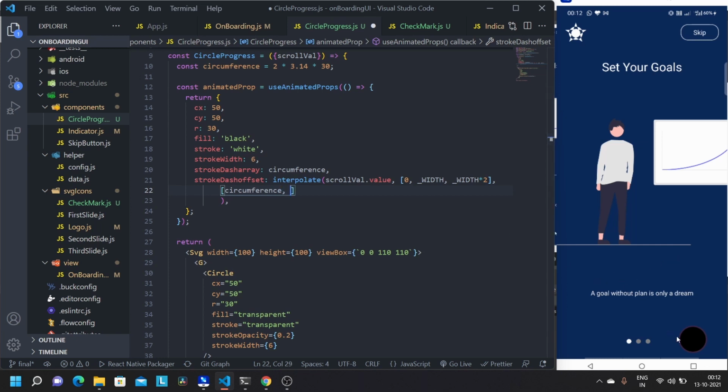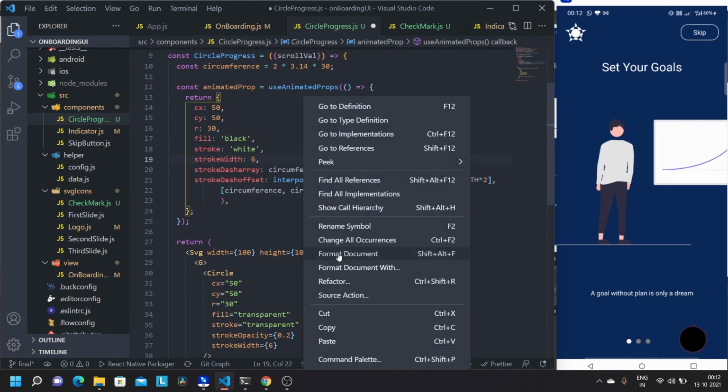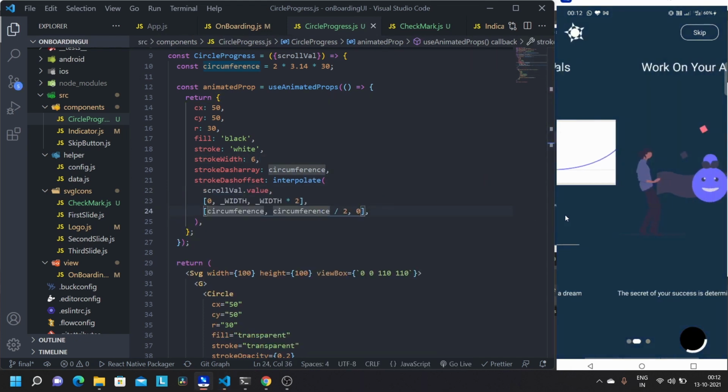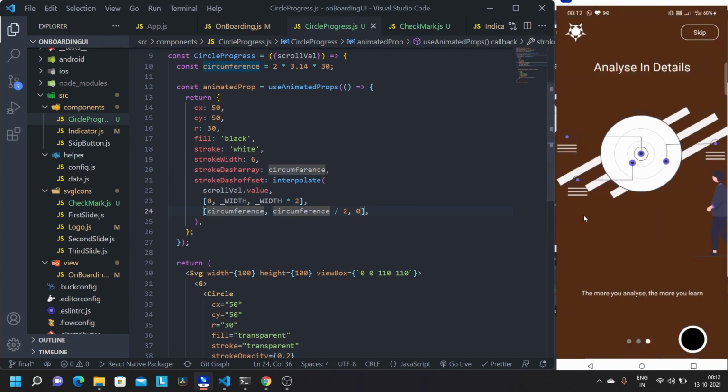Then in the second slide we want it to be 50%. So first is empty, then 50%, and the last will be completed. So we'll do circumference, circumference by 2, and then 0. That's it. We'll save it. If I do this, you see,